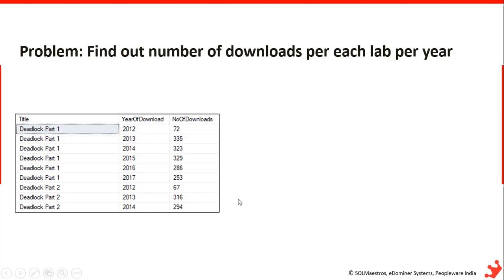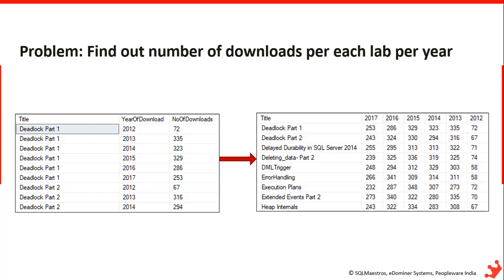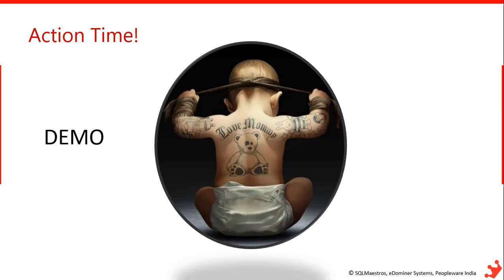For example, if you represent the same type of data by taking a few rows and transposing them into columns and represent it in this way, then our data is very neat and clean and our representation is very understandable. This conversion of rows into columns, for example, the rows inside the year of download column, 2012, 2013, 2014, are now converted into columns like this. If you do this transposition, then our data is more understandable. This is called pivoting your data. So let's see the same thing in action by using a small demo.